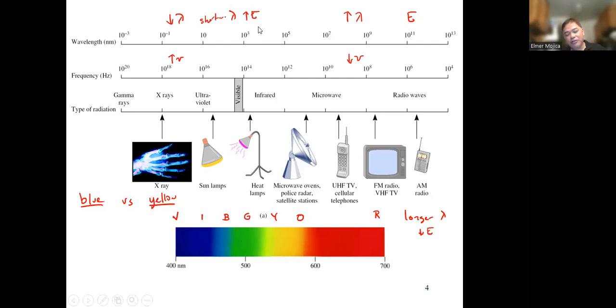What's the reason why you don't look directly at the sun, unless you're the president of the United States who's dumb enough to look directly at the sun during an eclipse, the former president? Most likely it will destroy your eyes because of what? What's the one you have in the sun? The ultraviolet. If you're exposed to ultraviolet, what do you get? Especially those who go to the beach, you get sunburn. If the tanning that you want is too much, you get sunburn because that